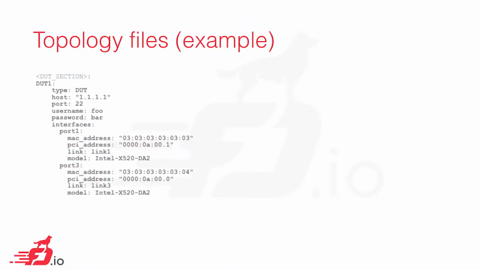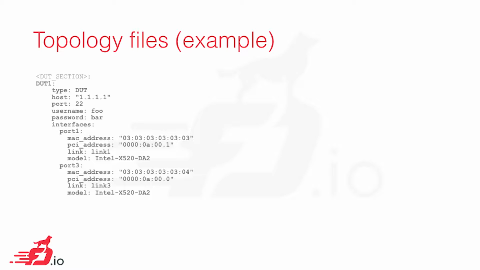So if we take a look at the first port, which is port 3, then on the DUT1, we'll see that link 1 is on port 1 connected to the DUT1. Again, this looks similar to the traffic generator. The only difference is that this type is DUT and we don't have a subtype because currently we only have VPP on the DUTs. Port 22, currently we are using SSH to control, spin up, and basically grab the information from both TG and